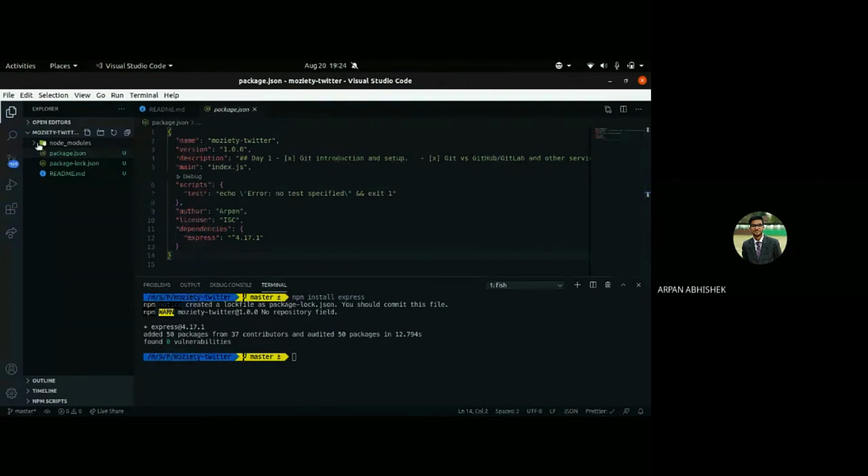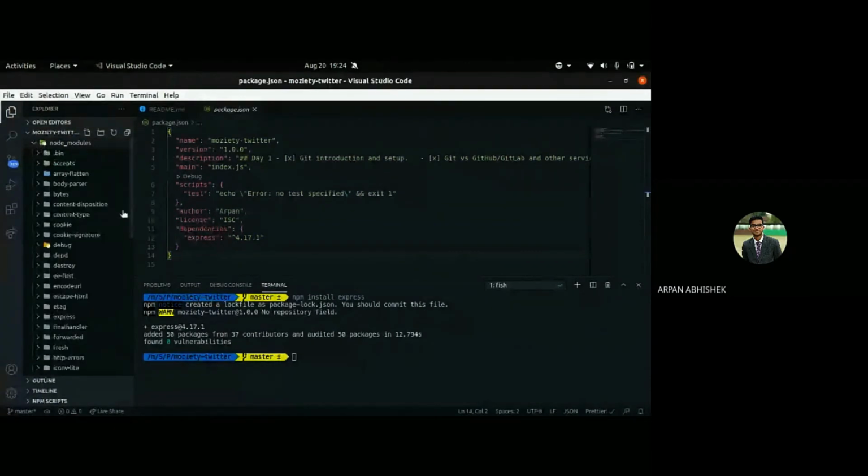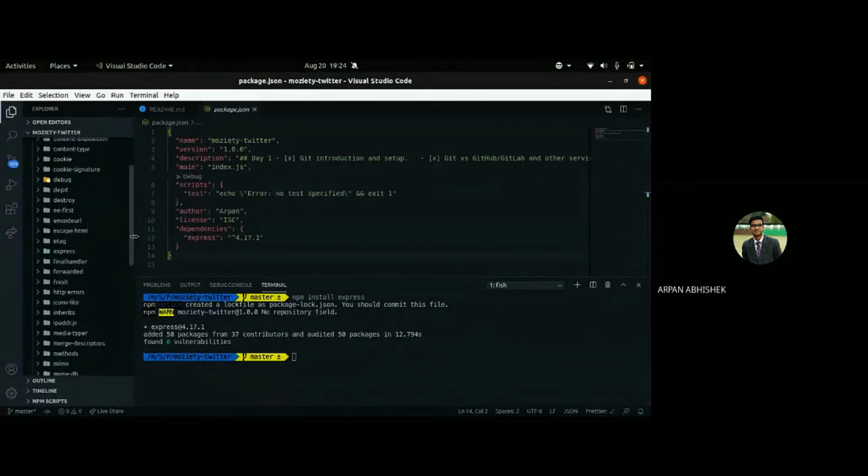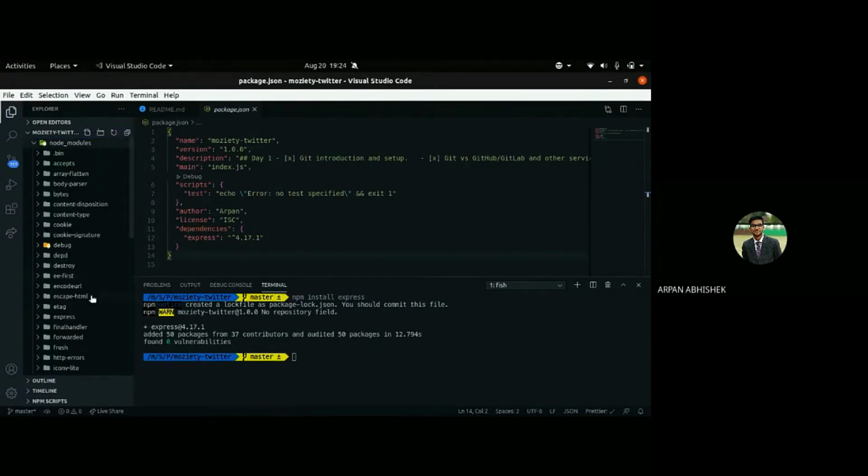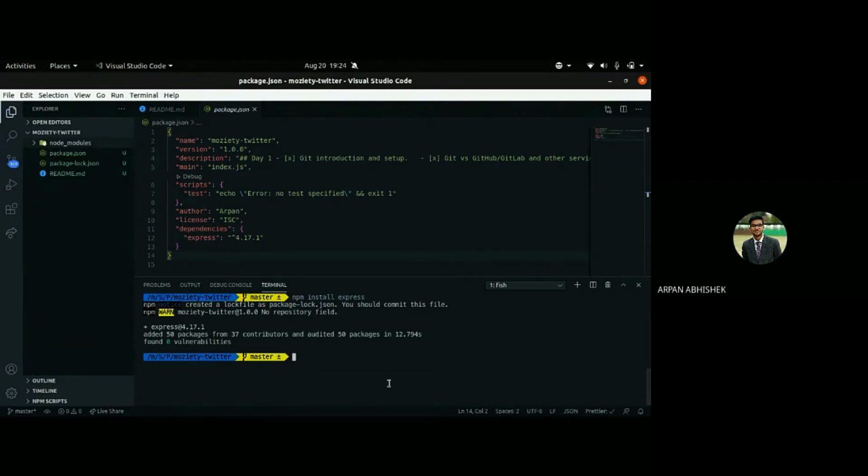And you can see that we have a node_modules folder. Basically, this is where the packages are installed. So we have a cookie parser here. No, just cookie. Okay, so we will need a few more packages. We won't be using them right now, but I want to show you something.